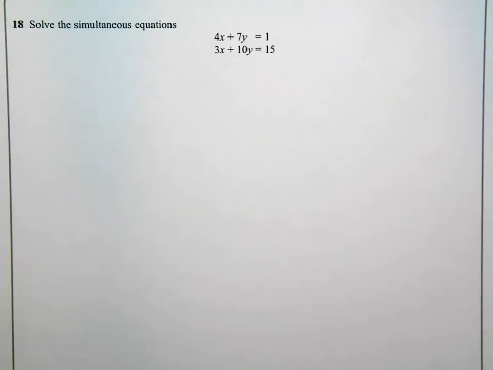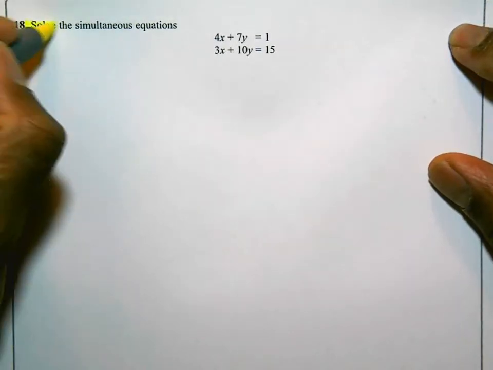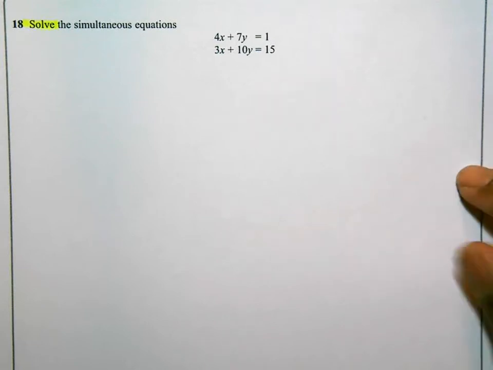Okay, this is question 18 in the June 2013 non-calculator paper. This question simply says, solve the simultaneous equations. Right, so you need to solve the simultaneous equations. You should be familiar with the techniques for doing this, and it is pretty straightforward. If you're okay and you've done your revision, you should be going through the steps and stages pretty much as